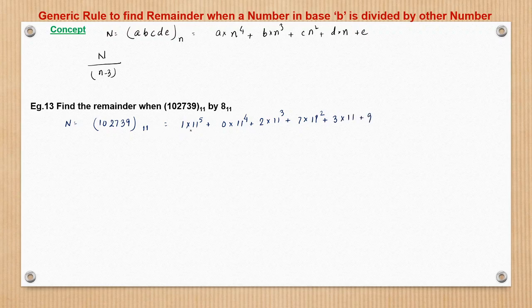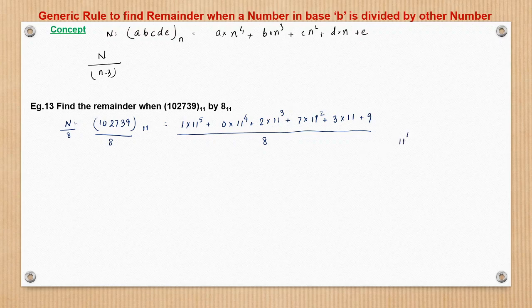Now if this number has to be divided by 8, we have expanded this to base 10, and finding the final value will be really difficult because 11 raised to power 5, 4 and 3 are involved. So one way, and quite a good way, is this: if this has to be divided by 8, we have to check the divisibility of this numerator by 8. That will further break down to checking the individual terms, 11 raised to power 5 by 8, 11 raised to power 4 by 8, what will be the remainder. So that we will try to find here.